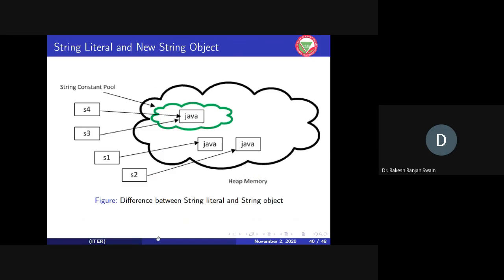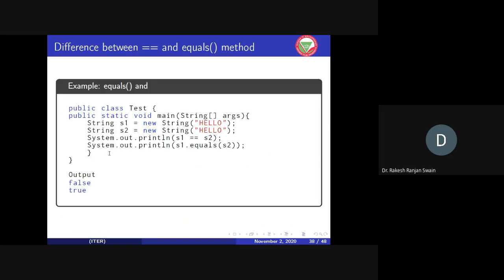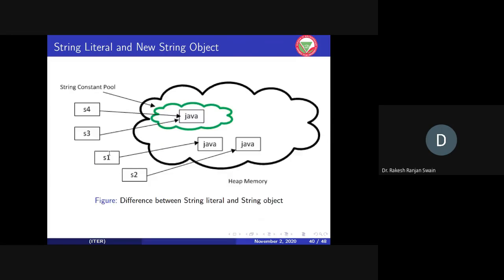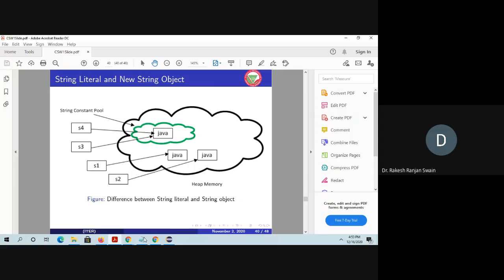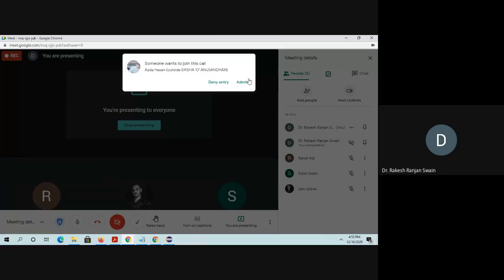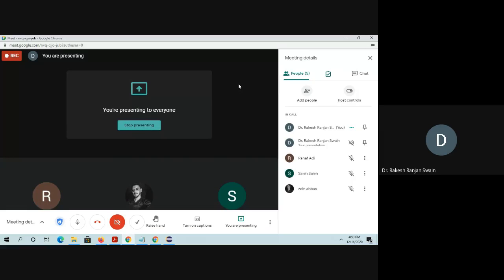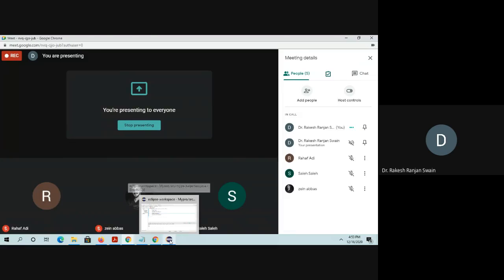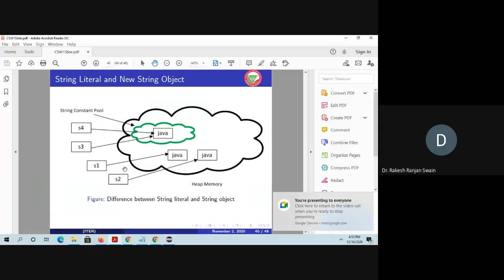So in the example, see, S1 and S2 I am creating using the new operator or the constructor, so a new memory location is created for each.